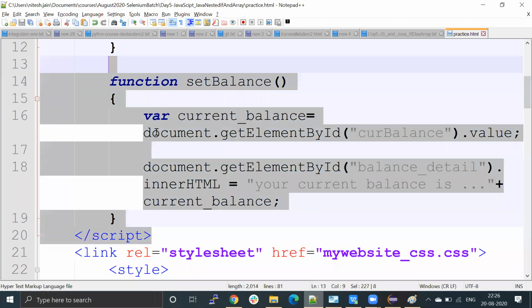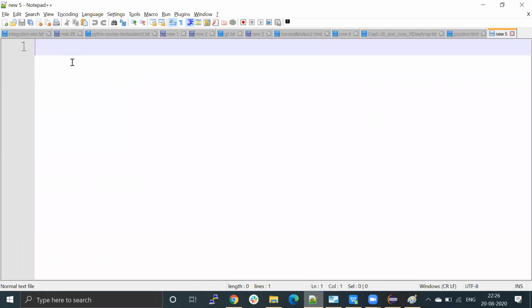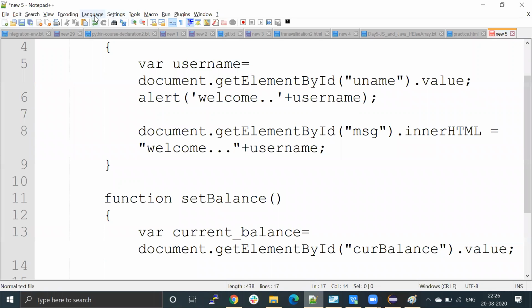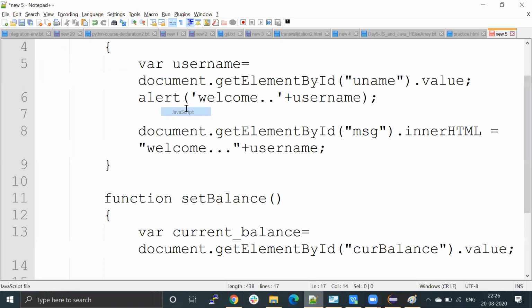Okay, let's copy this part. I want to do both the things. So one script is inline and one script is embedded script here and one is in another file. So let's create a new file. Copying this, selecting the language as JavaScript,